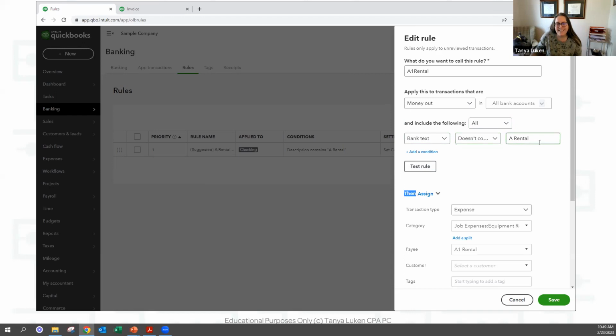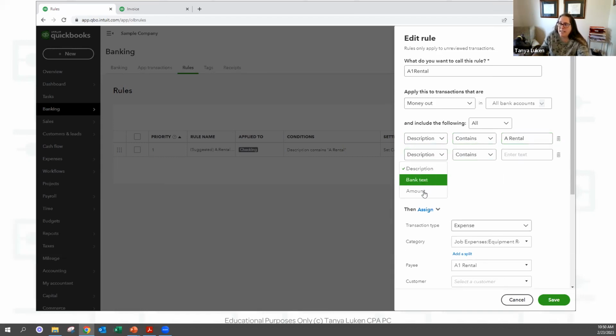You can say it doesn't contain suite, for example, and then it's going to cut out all your G Suite things. You can say the dollar amount is equal or not equal or greater than or less than, whatever makes sense. So when I do those bank rules for my client that has multiple vehicles financed with US Bank, I do the dollar amount, I do the description contains US Bank, and then I add a condition that the amount is equal to whatever their payment is. Right? With me? Clear as mud?